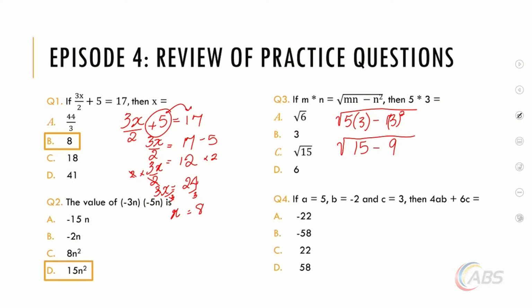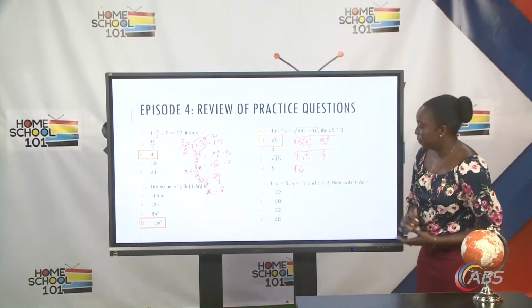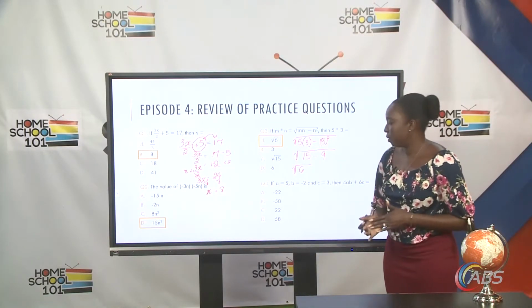Right? So we're left with the square root of 15 minus 9. And 15 minus 9 is 6. Now, we're going to just stop there at the square root of 6, because 6 is not a square number. And if we look at our options, the answer is actually right there in A. So A, the square root of 6. Question 4. If A is equal to 5,